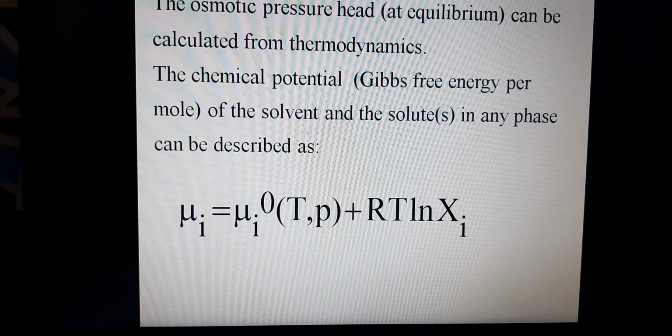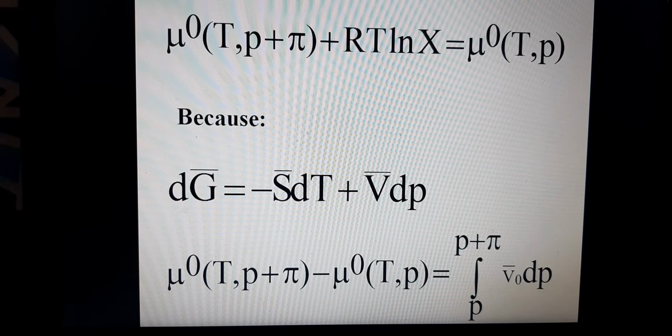So this is the osmotic pressure calculation formula. The chemical potential, using the Gibbs free energy per mole of the solvent and solute in each phase, can be described by this formula. These are not important to